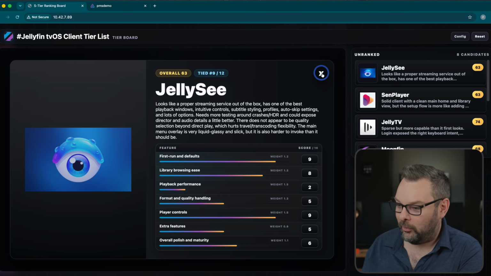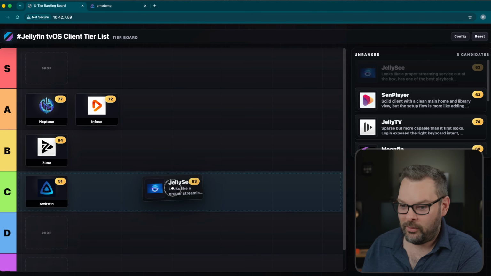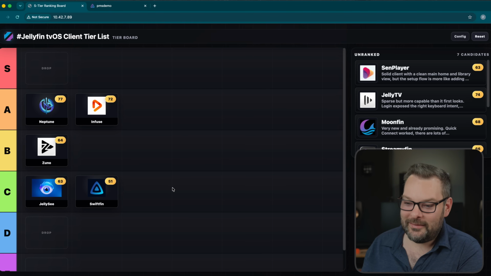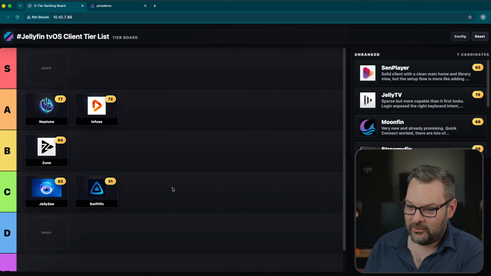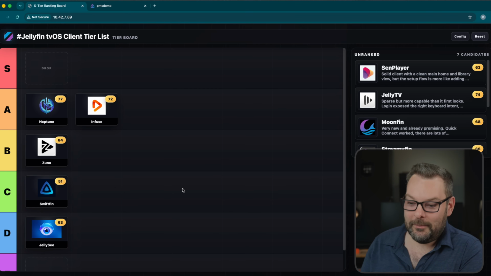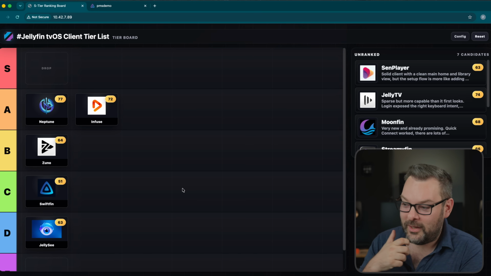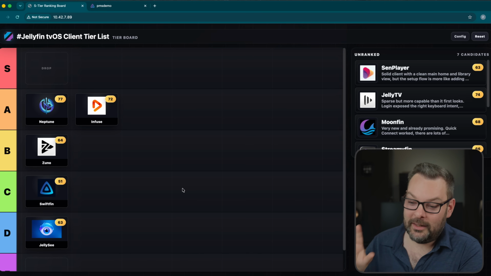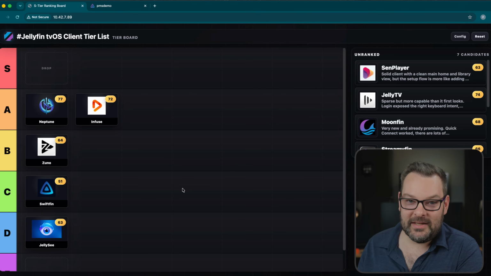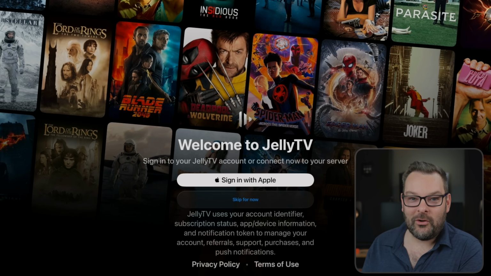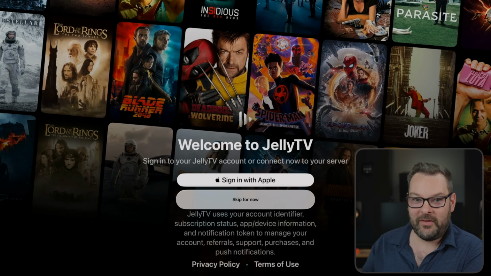So overall polish and maturity is going to have to be probably, even though it's beautiful, it didn't work very well, did it? So actually, maybe even tonight, maybe it was just demo gremlins. I don't know, because like I say, this one's worked pretty well for the last few weeks for me. Maybe there's been an update or something. Anyway, JellySee, D tier. Next one on our list is JellyTV, which honestly looks like Apple TV Plus or something